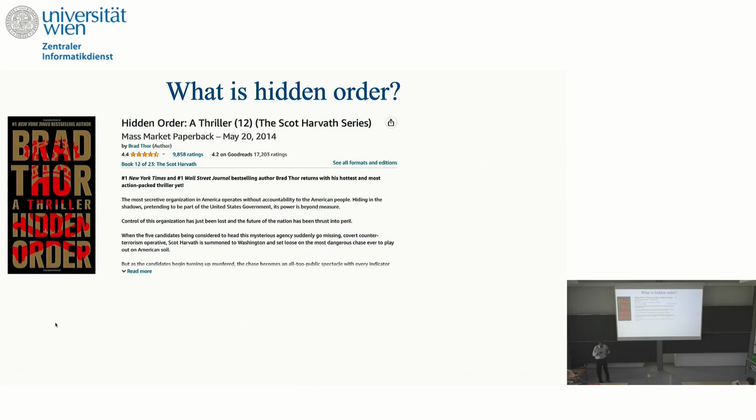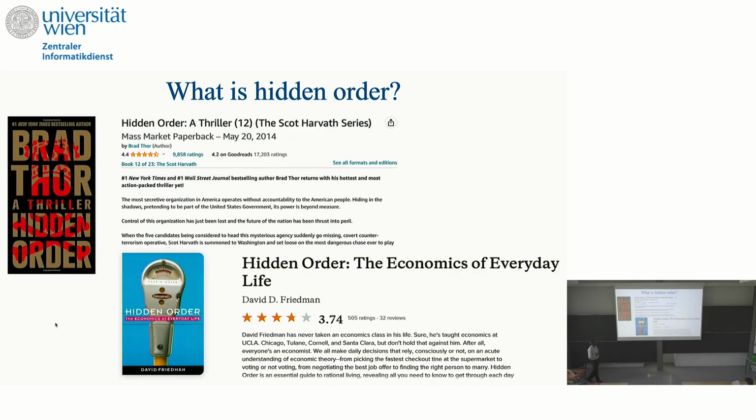So I thought I should Google "hidden order," and this is what pops up. The first thing that pops up is, of course, a thriller, some very popular book, apparently. And maybe one should think of looking for hidden order in physics as a way of doing some kind of detective work. The second thing that pops up probably relates to the funding that we have to get to look for hidden